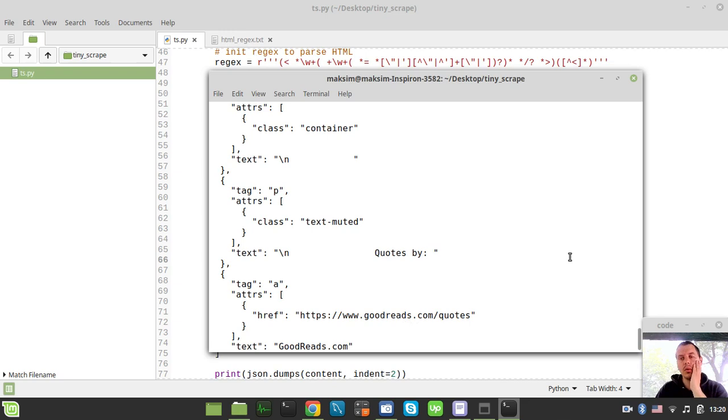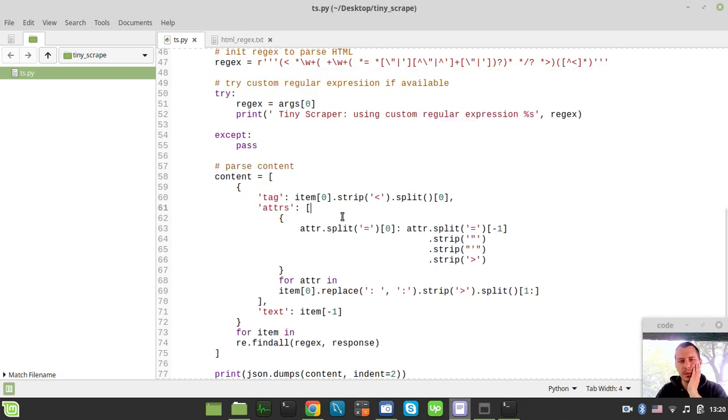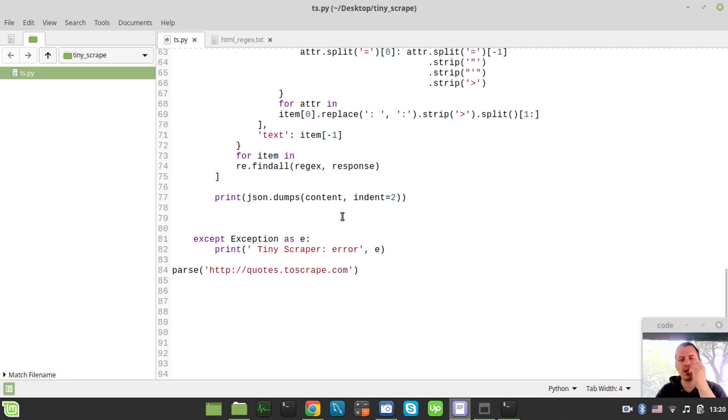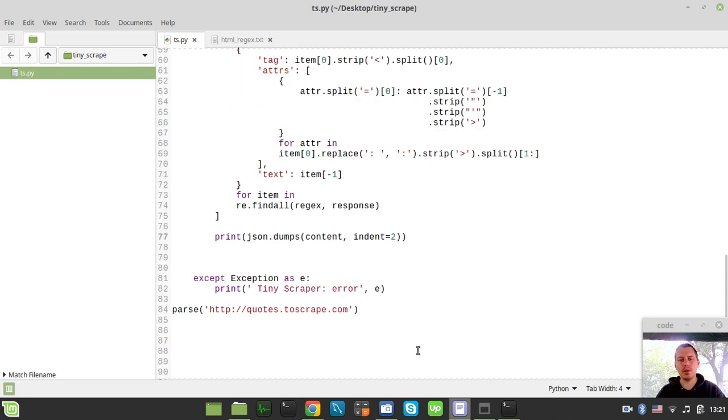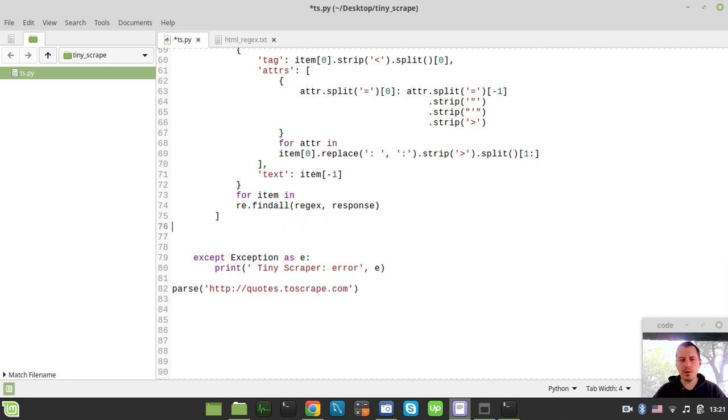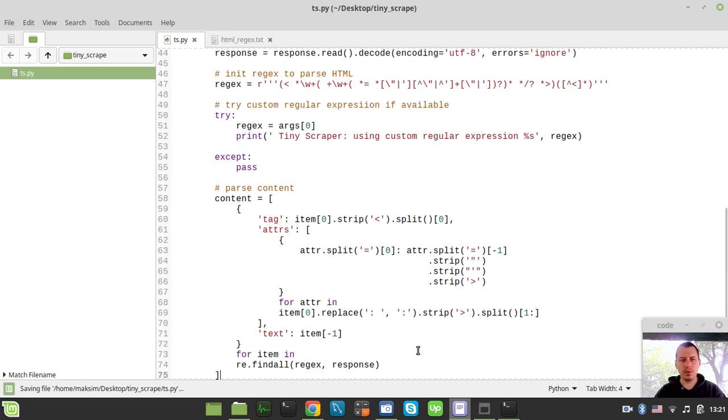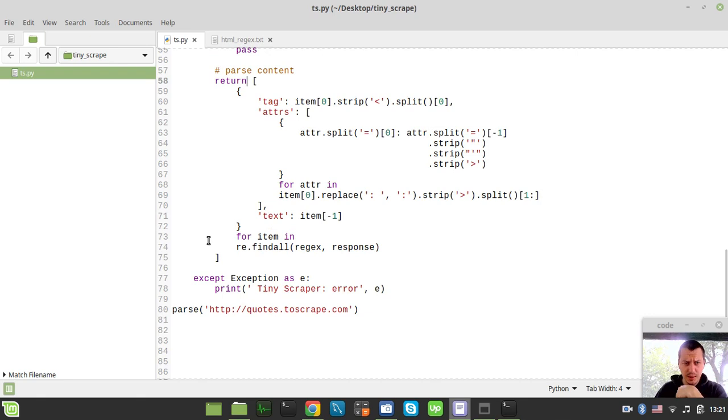Well, okay, so I will need to handle that as well. So probably it would be better just to provide some tests to figure this out, how it works in particular. So in any case, we don't need to print this anymore, right? And instead I would like simply to return this list. Actually, this would be our data set, kind of parsed content obtained as the return value of this parse